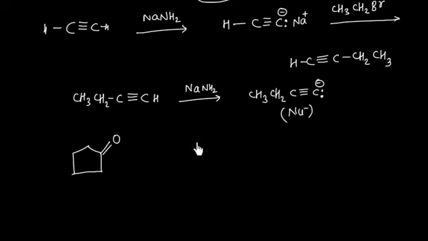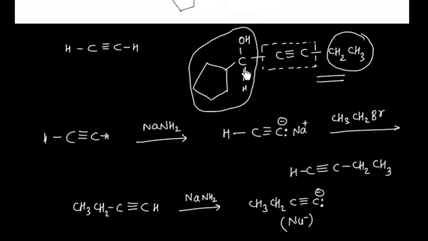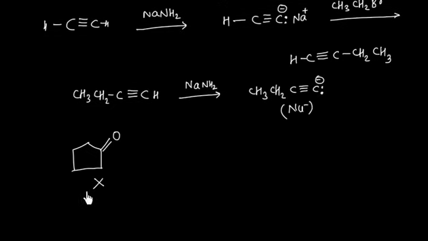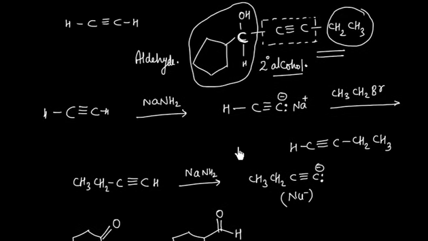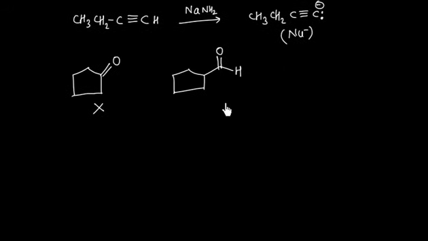And if I take this carbonyl compound, you see this is a 1,2. So this is a 2-degree alcohol. So this means I have to take aldehyde. So we cannot take this one. This is a ketone. So we have to take an aldehyde. This means I have to take this one because I need one extra carbon also. So I need an aldehyde that contains aldehyde group on side chain. So if this compound is treated with this acetylide ion,